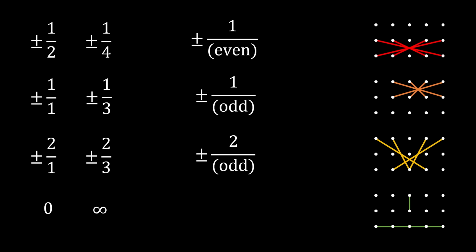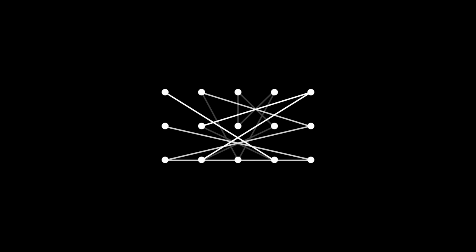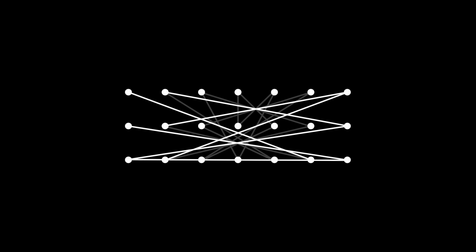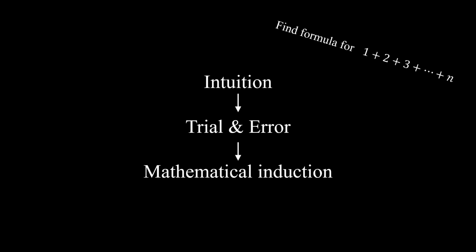Trying to expand the pattern this way could have led to the answer. You still have to guess, but it's more of an educated guess. Also, we still have to prove that this formula is actually correct, but that can be done with a bit of logic. It's a matter of finding a way to expand the pattern. Again, what you're seeing on the screen is basically the proof, and I'll leave the stricter proof to you. This is just like completing the mathematical induction after finding out the formula of sum, and it brings an end to our journey. We can finally say that the most complicated patterns exist everywhere.